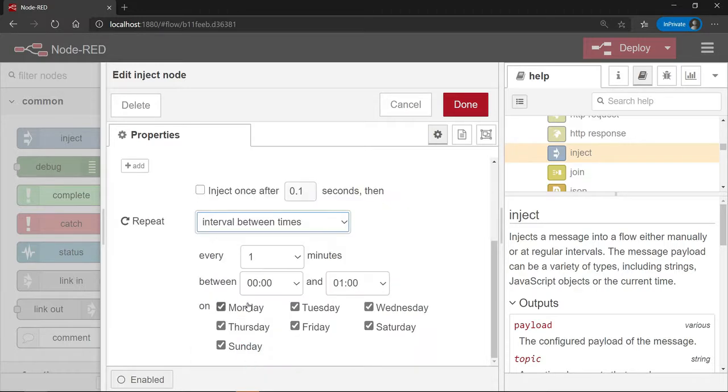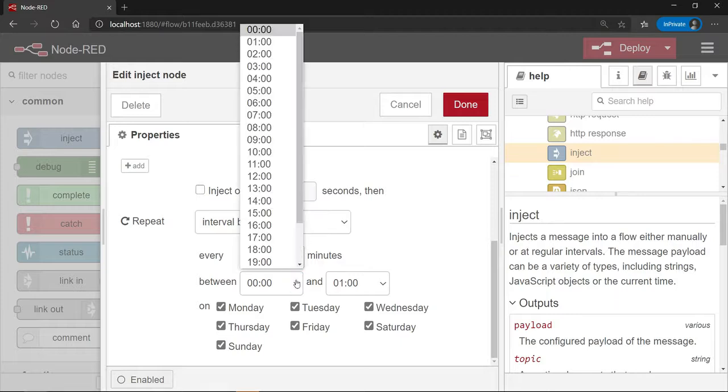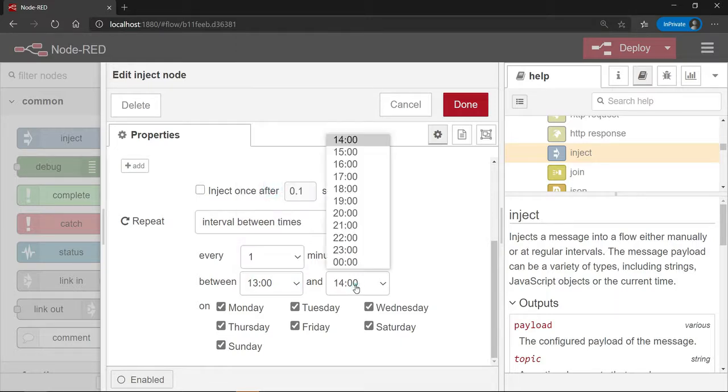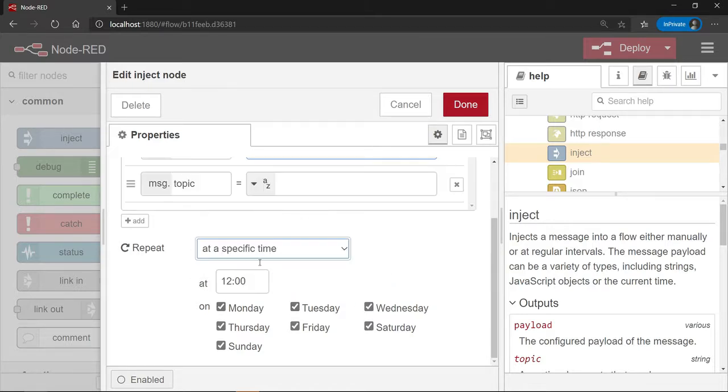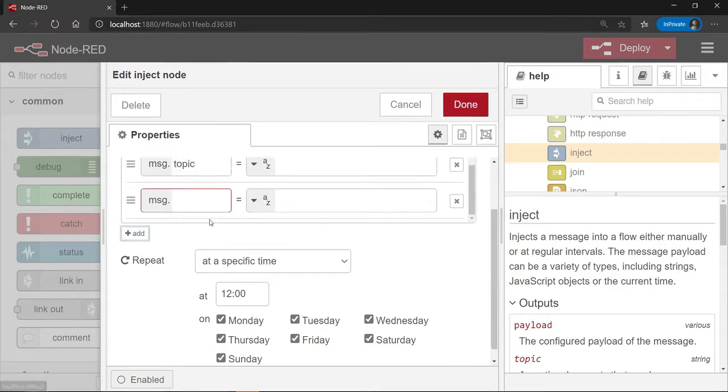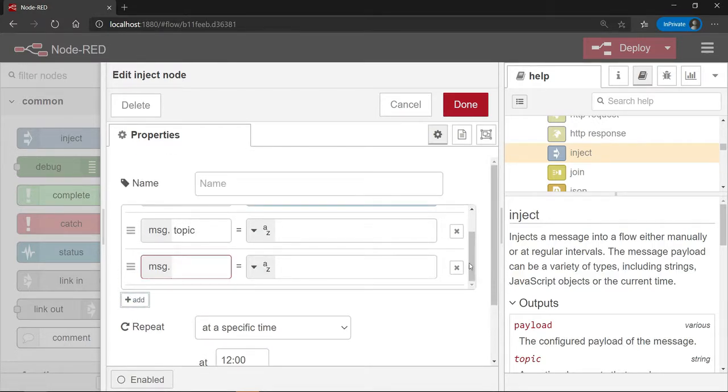We can also use an interval between times. For example, we can set a schedule between 13 and 14, basically 1 to 2 p.m. every day, for every 1 minute between these times. Or we can set at a specific time, for example every 12 noon every day. And lastly, we can add another